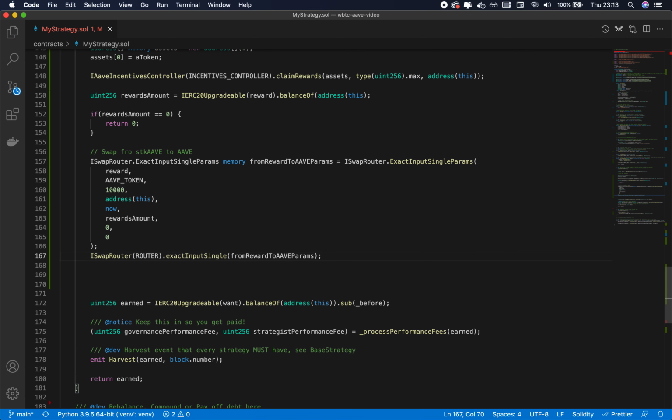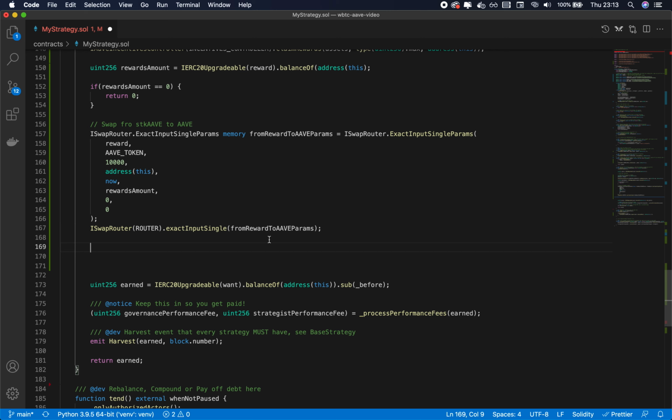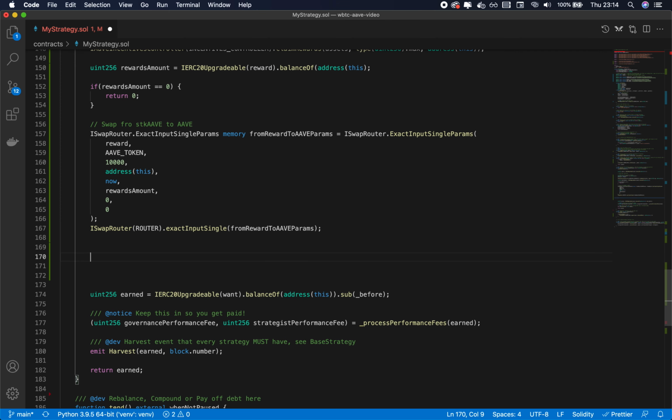There we go. This is one of the swaps. At this point, we need to perform a second one. Here on line 169, we're going to perform the second one with the input params. They're going to require a path. So first of all, let's declare a path with bytes memory path. This is going to be equal to